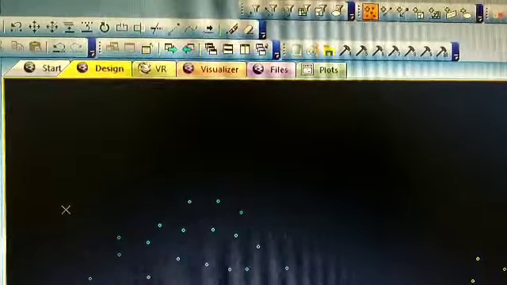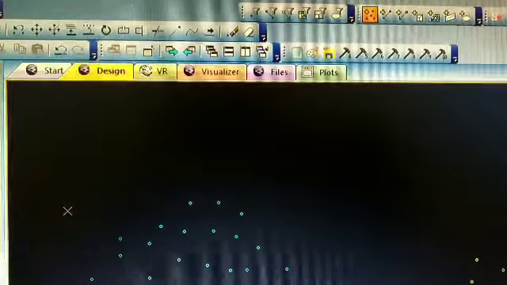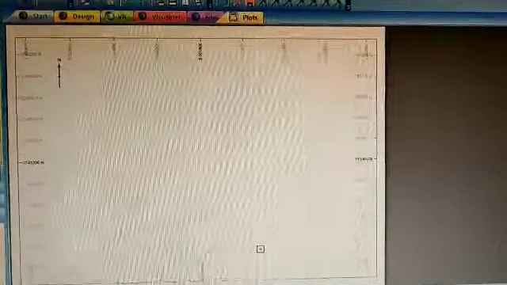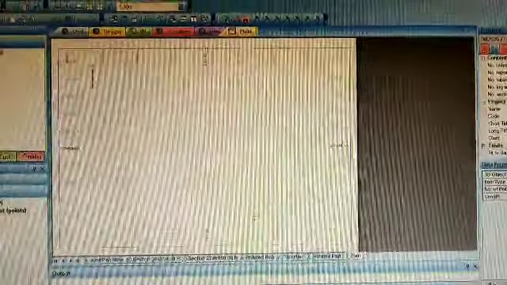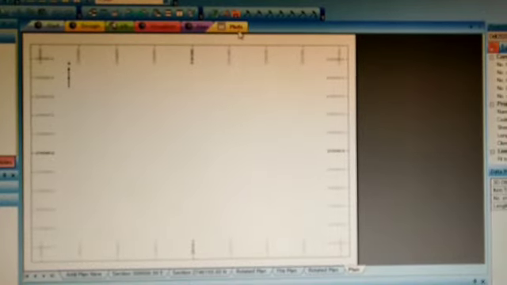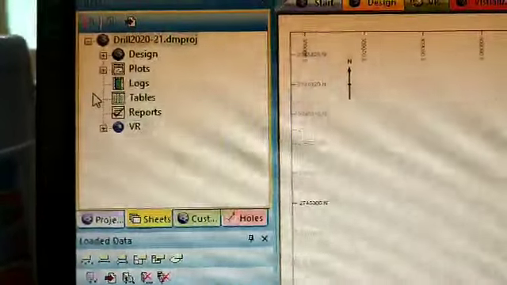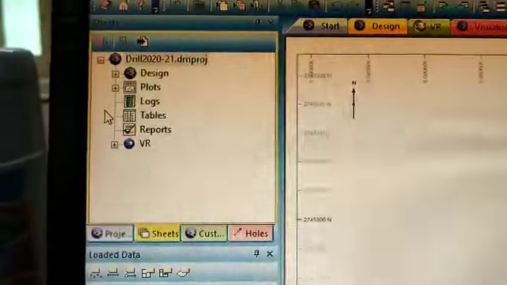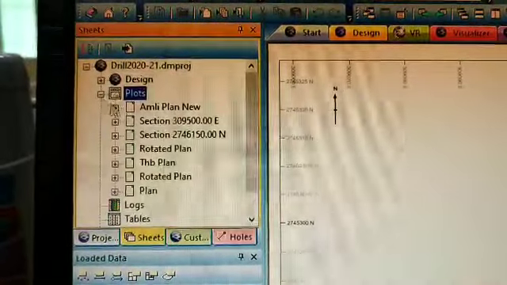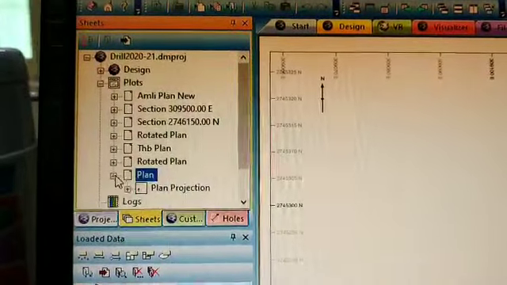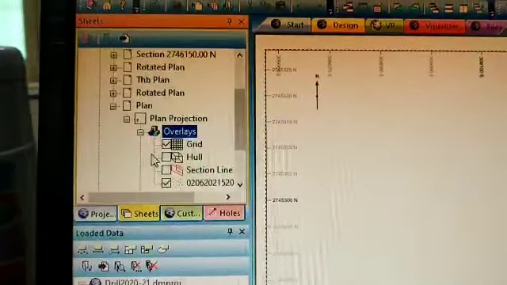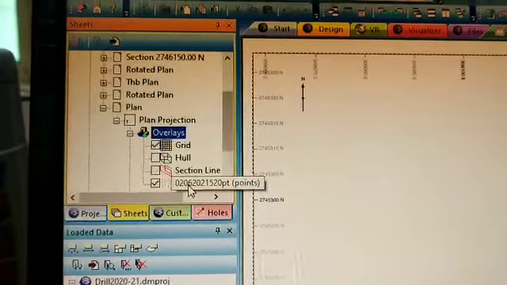This is all the windows. Here we can see our plot window also. By clicking on plot window, we can go to the plot view. Here in the sheet menu bar, we can control our file. By going to the design window, we can control our file in the design window, and by going to the plot window, we can control our file in plot view.